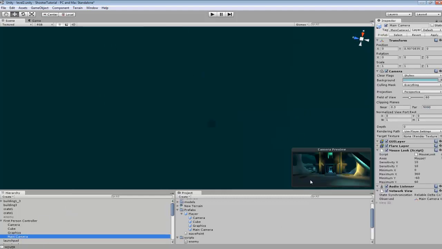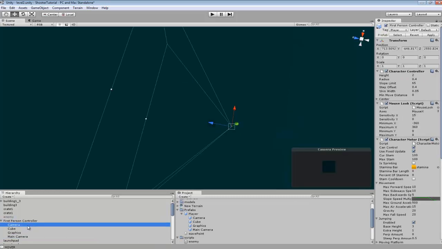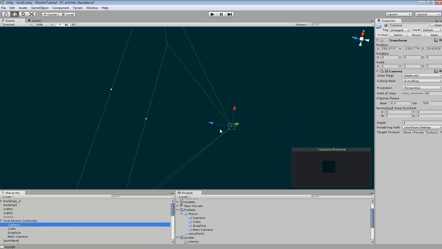So we have our main camera, which is our player camera, and then this camera below the terrain, which will act as the GUI camera. And so you can set the far distance lower because we're only displaying stuff that's close up, unless you want to put stuff far away. And we can also do stuff like